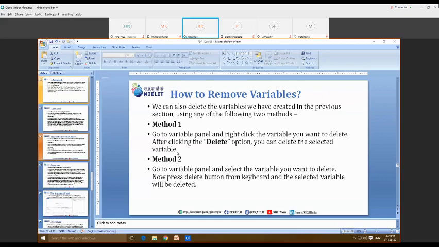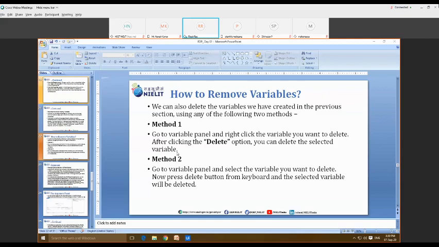For removing any variable, we have two different methods. The first method is that we go to the variable panel, right click the variable that we want to delete, and after clicking the delete option, we can simply delete the selected variable.